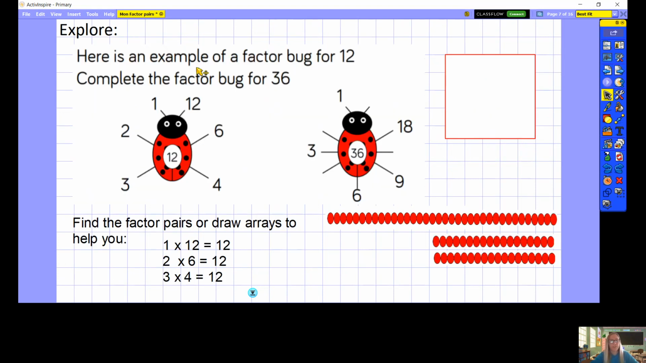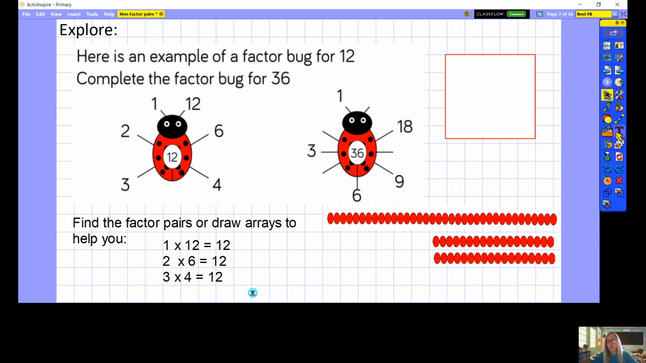Okay, so here's an example of a factor bug for 12. Can you complete the factor bug for 36? So here we've got the factor pairs. I've written the factor pairs of 12 to help you. So 1 times 12 equals 12, 2 times 6 equals 12, and 3 times 4 equals 12. So here, can we complete the factor bug